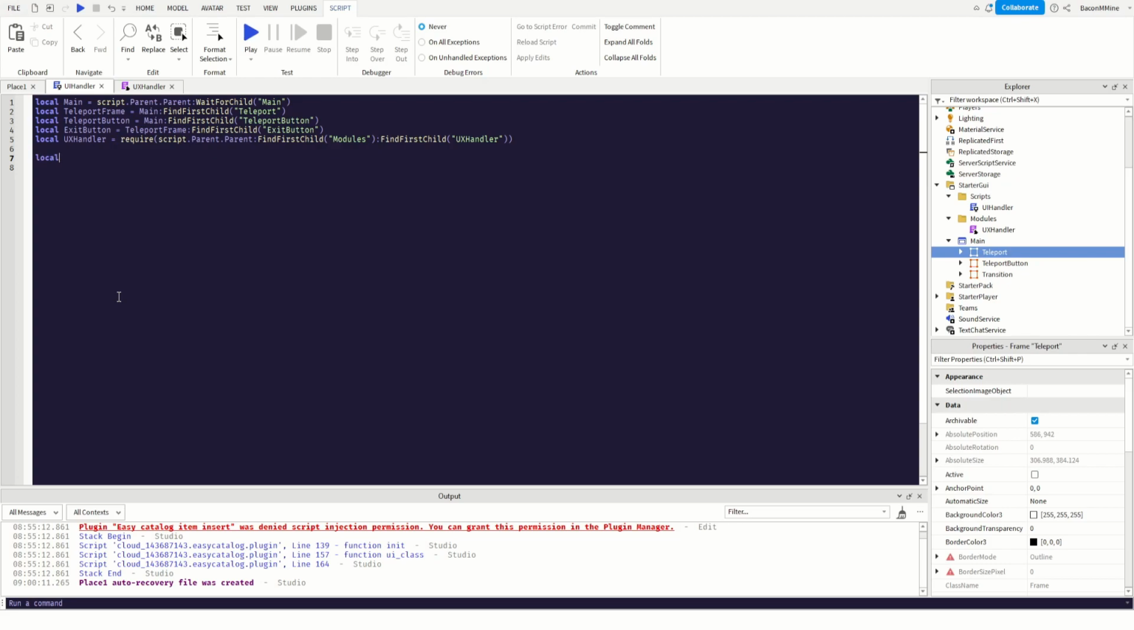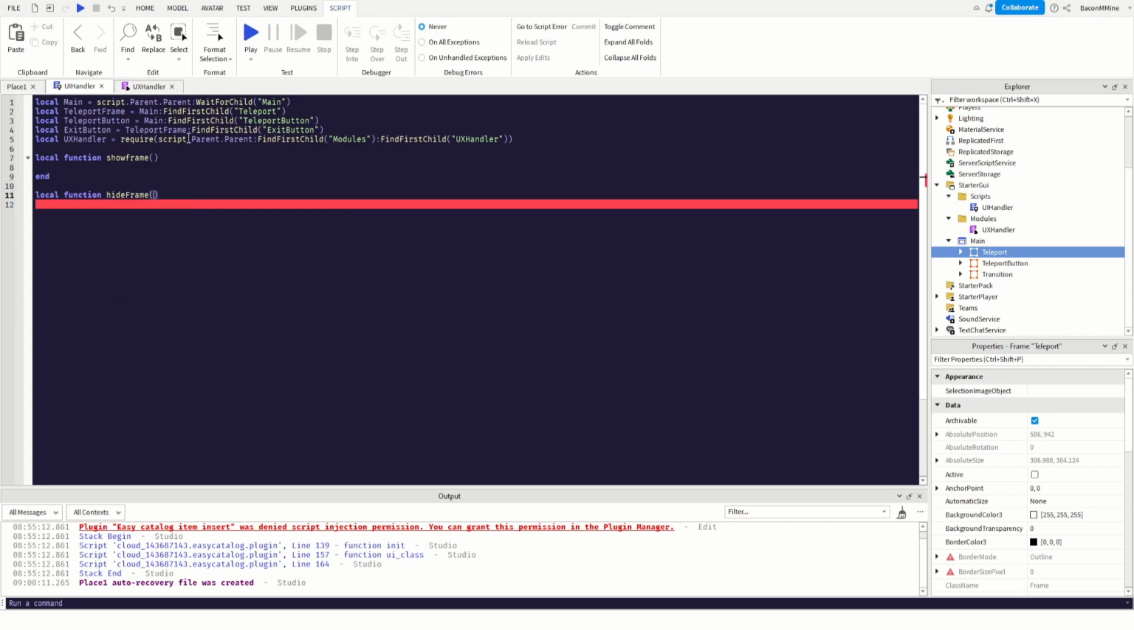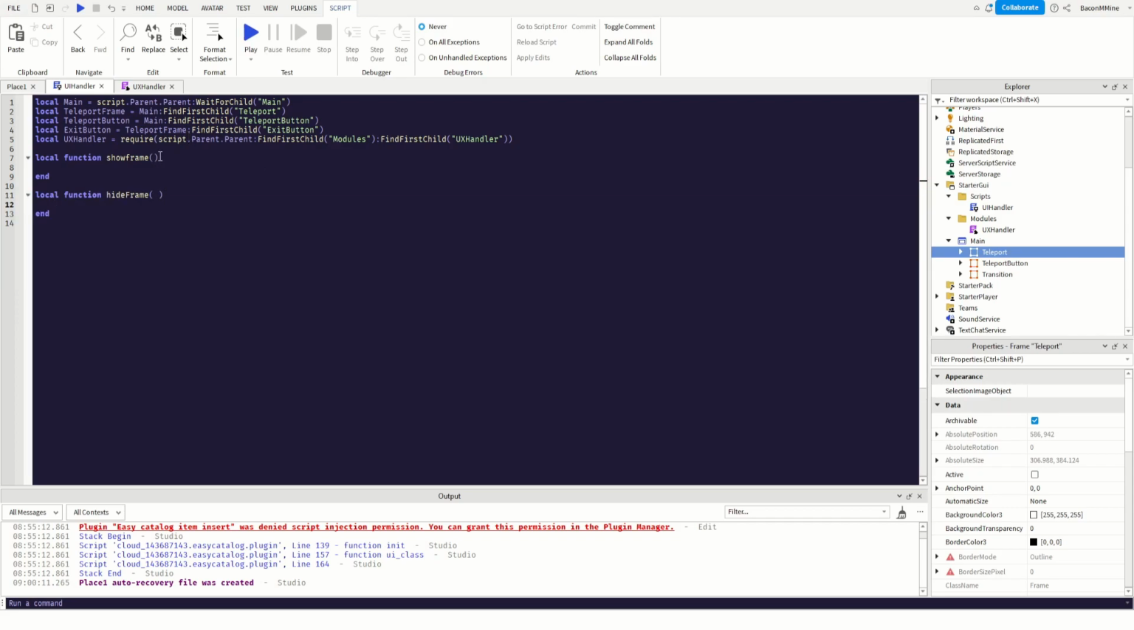So we're going to make two functions here. We're going to call one of them show frame. We're going to make another one called local function hide frame. Oops. Hide frame. There we go. Let's capitalize this. There we go. So in show frame, we're going to say